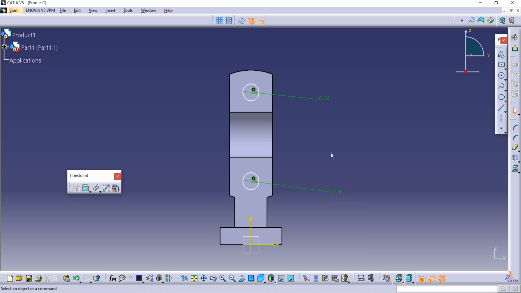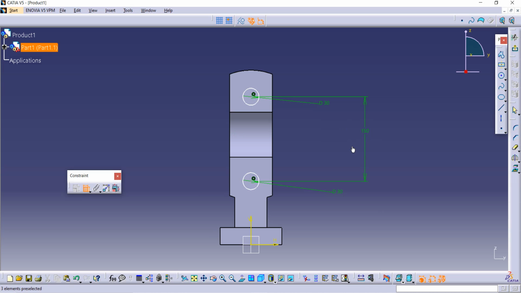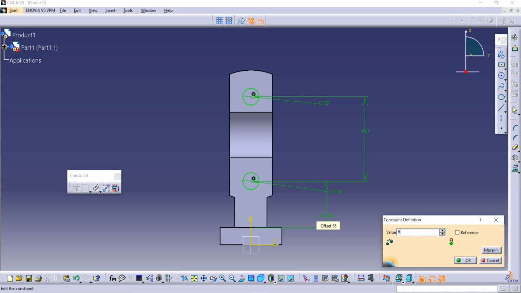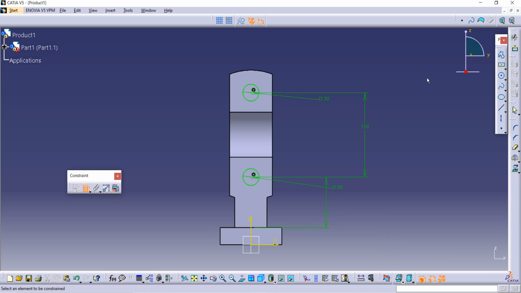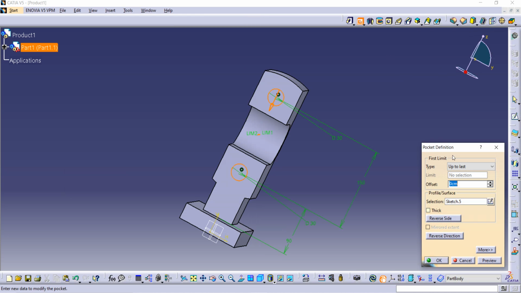Now our length between both of them is given as 150, and this first hole to this line of distance is given as 90. After that go on exit to workbench and take this pocket command, then up to last.